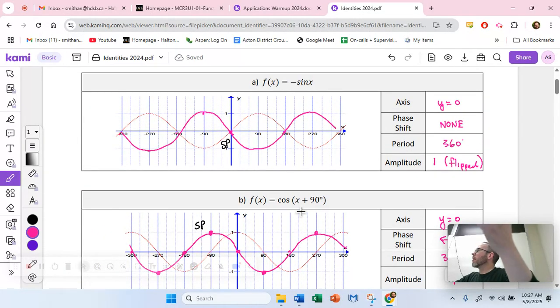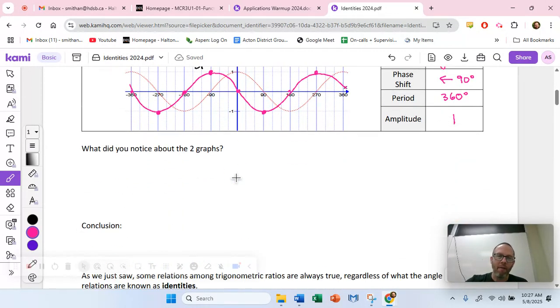Take it in. Take it all in. Do you guys notice anything about those two graphs? They are the exact same graph. They are not just similar, and they share a few properties. Those two graphs are the same in every way. They are the exact same graph. I don't know why I have so much space to write this. They are, I'm going to put it in caps, the exact